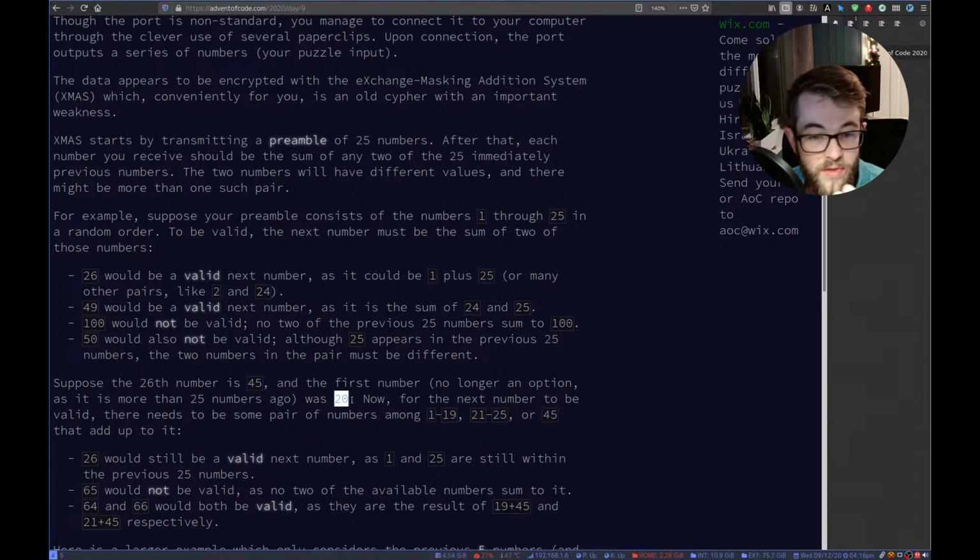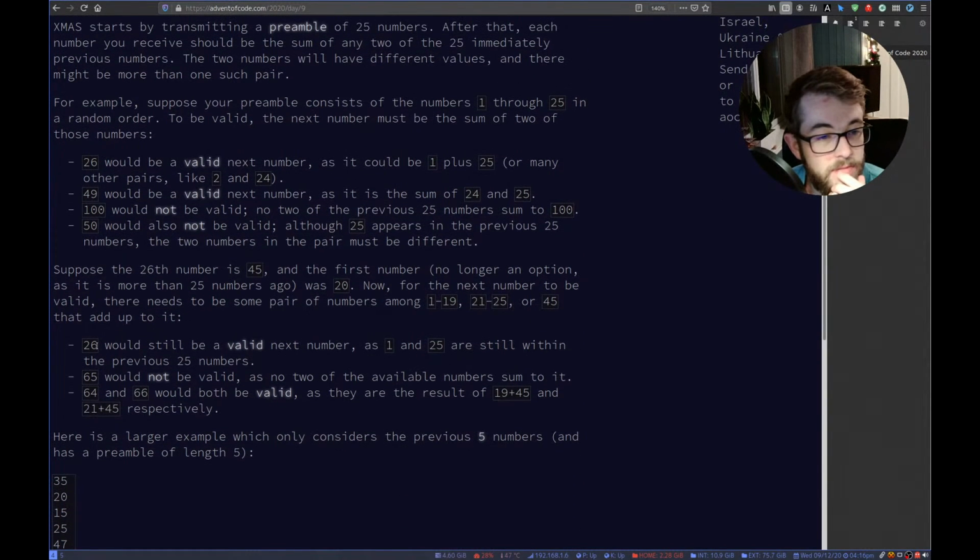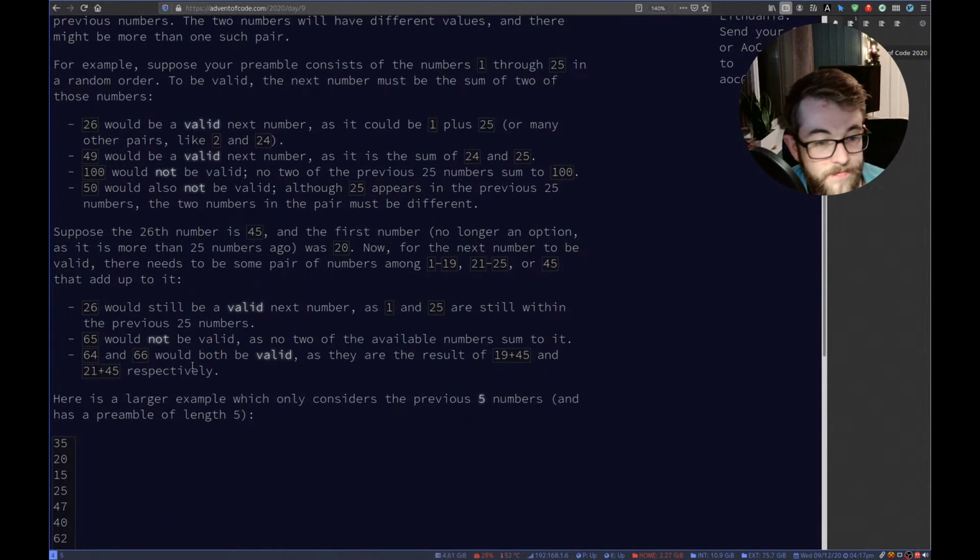So the numbers were 20 and then this sequence. 26 would still be a valid next number, as 1 and 25 are still within the previous 25. 65 would not be valid, as no two of the available numbers sum to it. 64 and 66 would both be valid, because we could add this onto 19 and 21.